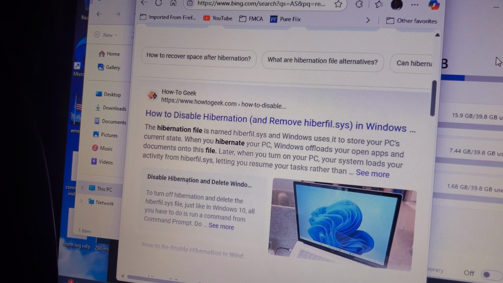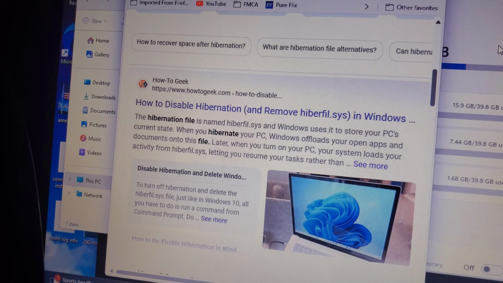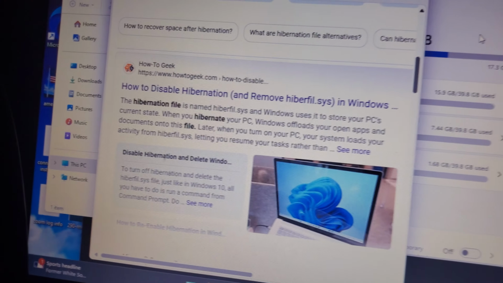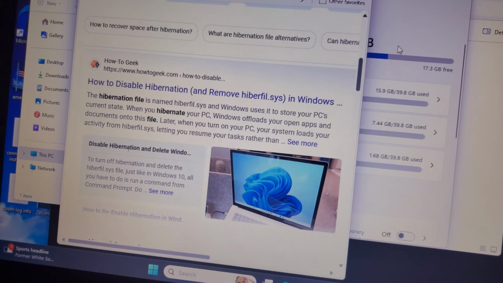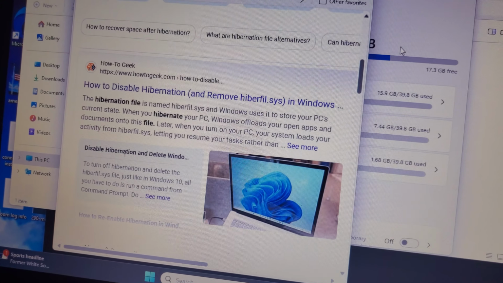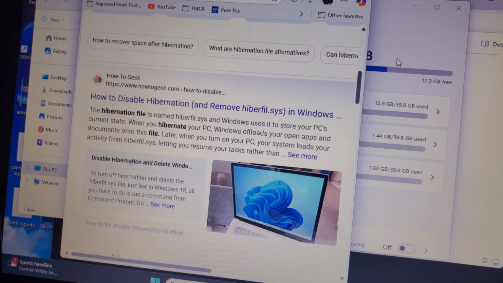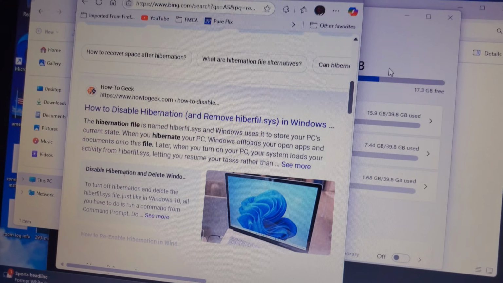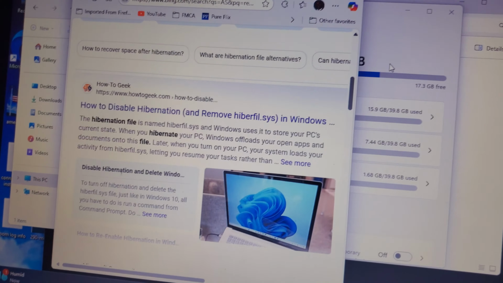It's Windows 11 24H2. I'm not sure what's in that specific update, but that's what is in the process of installing. As it went through, it was like, hey, connect an external drive in order to install this update. And I'm thinking to myself, I don't want to connect an external drive to this. So then at the very bottom, it has a link that says I don't want to connect an external drive,